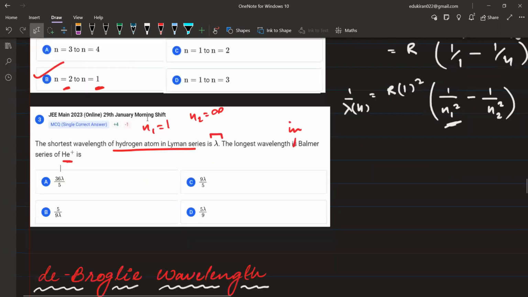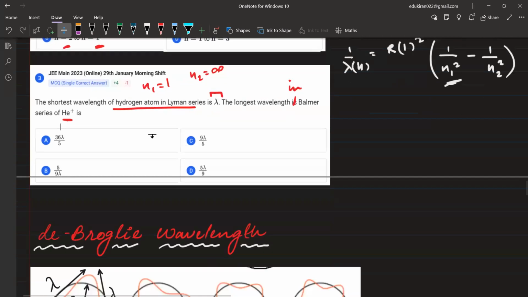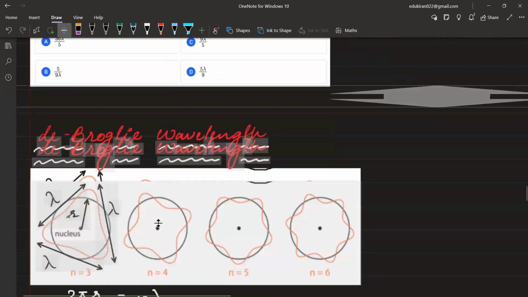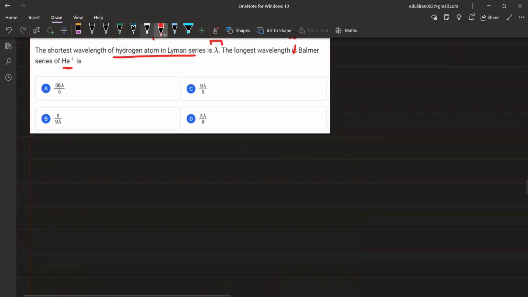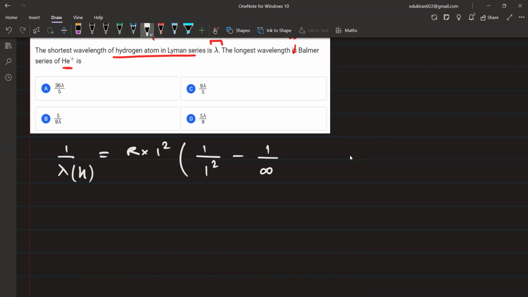फिर से आपको वही करना पड़ेगा. First of all, for hydrogen, 1 upon lambda hydrogen will be equal to R into 1 upon 1 का square minus 1 upon infinity square, correct, yes or no, please tell me. And then 1 upon lambda He के लिए क्या करना पड़ेगा, will be equal to R into 2 का square. अच्छा, Balmer series के लिए n2 क्या हो जाएगा,